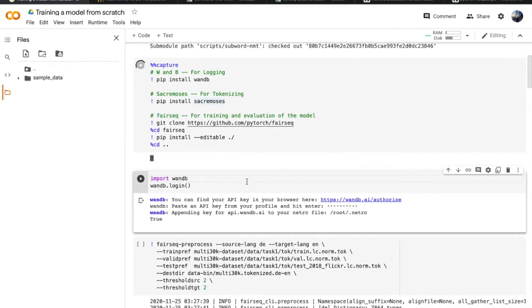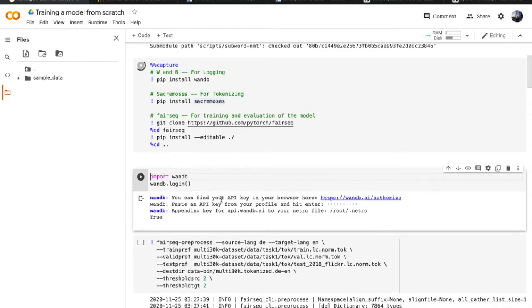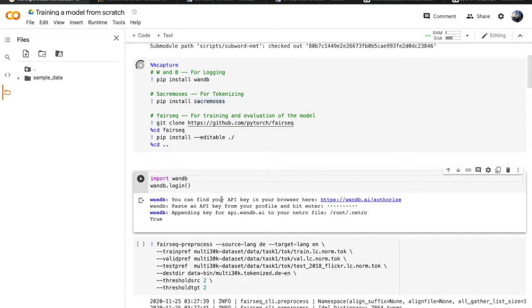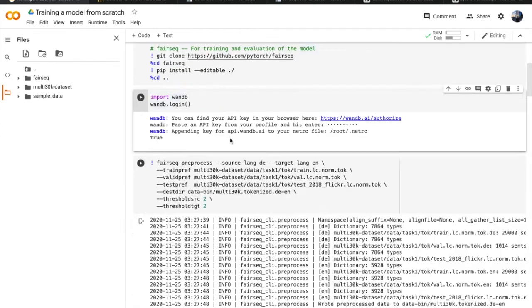If you want to use WandB, you have to create your account and then give this command wandb.login so that you authorize your login credentials, and it directly shows up in your particular project all the parameters, all the values that it keeps track of during the training process.